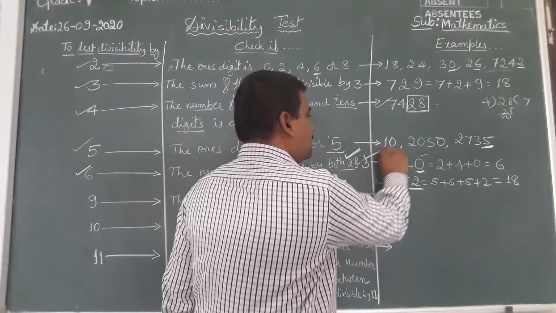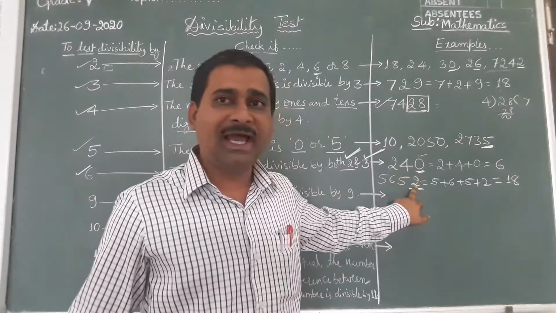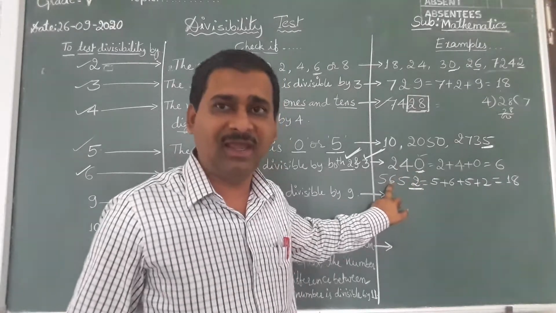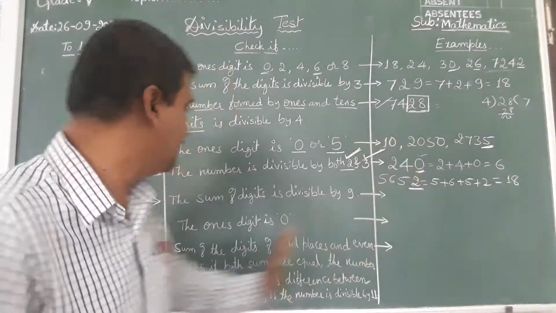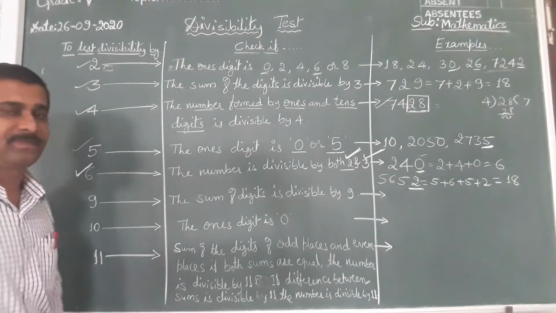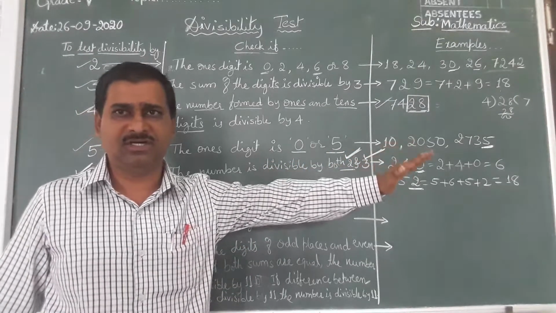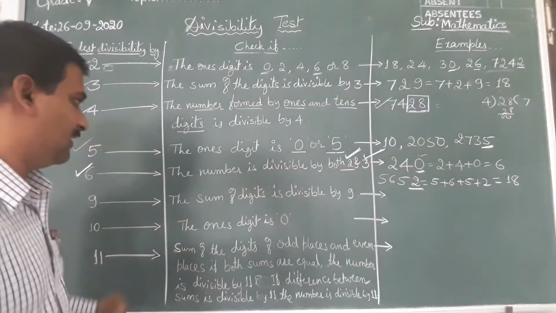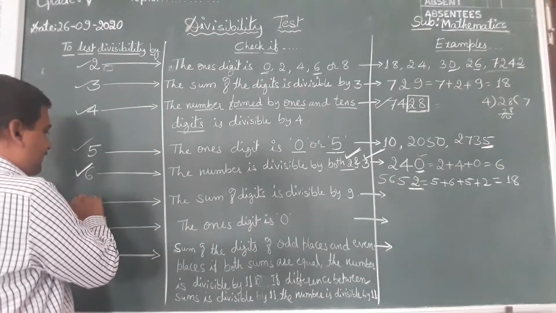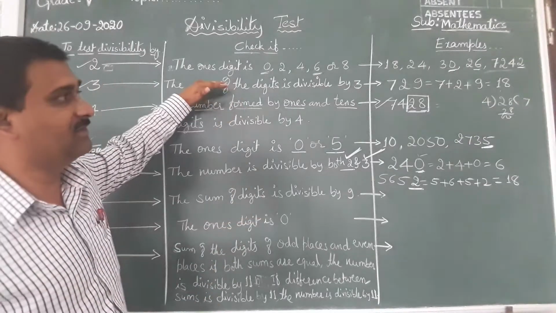So 5652 is divisible by 2 as well as this number is divisible by 3. Therefore, this 5652 is divisible by 6. It is a 2 times process. We are checking 2 divisibility numbers. Afterwards, we will decide. Okay, now divisibility of 9 is the same as divisibility of 3.